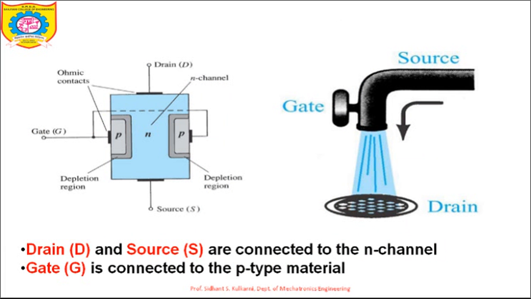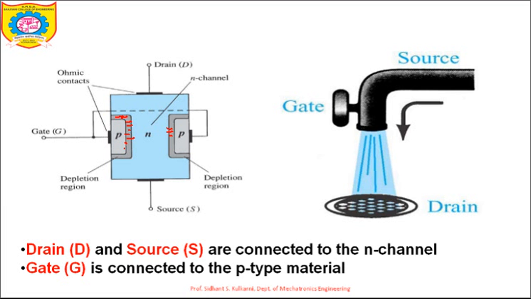Now coming back to this particular diagram, see the P type region, the one in gray color. This represents the depletion region. Two P type regions have one common terminal taken from them, named as gate, and one is the source terminal, and this is an N channel MOSFET. We are now going to talk about the N channel MOSFET, and this is the depletion region and these are the ohmic contacts. Ohmic contacts are made to take the terminals out from that particular region.